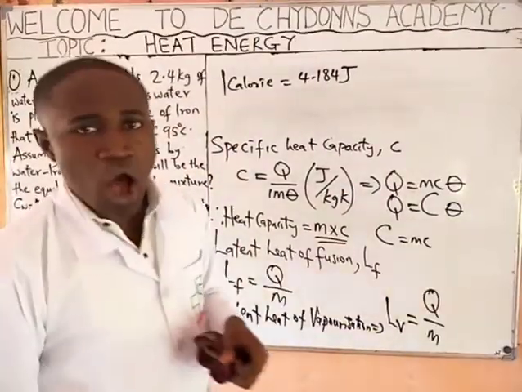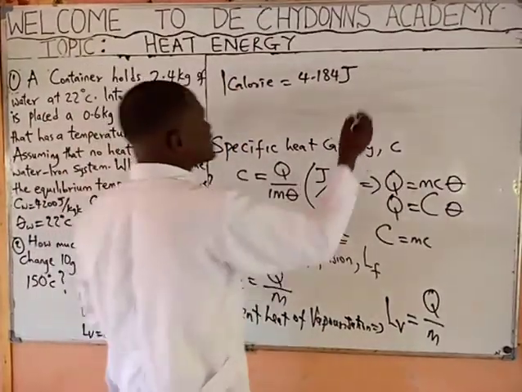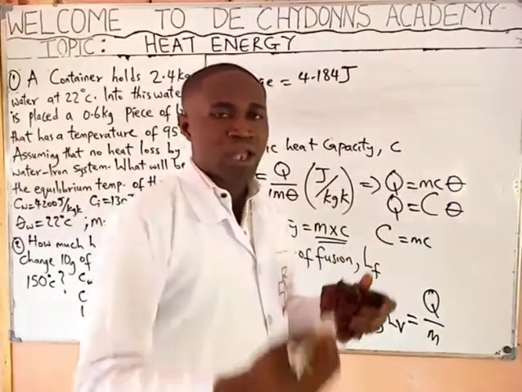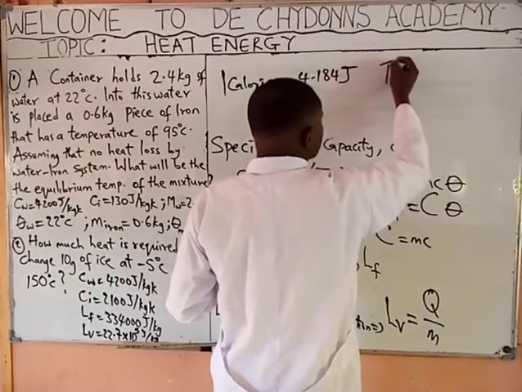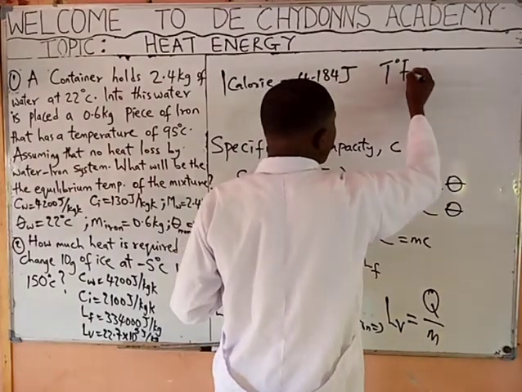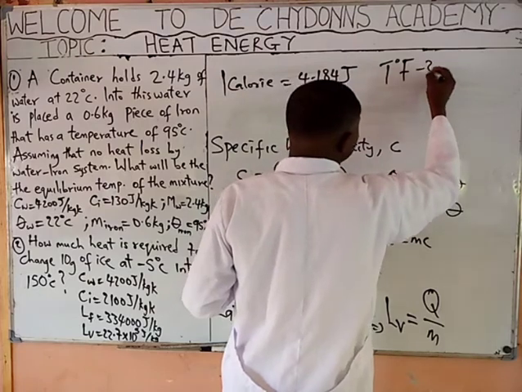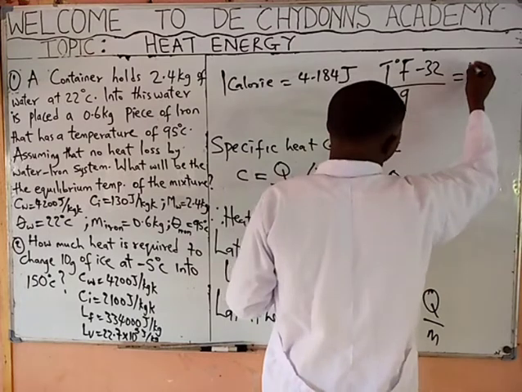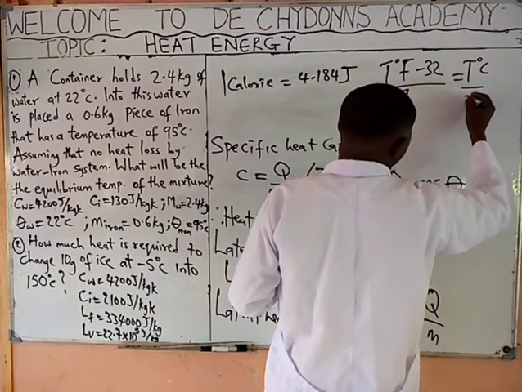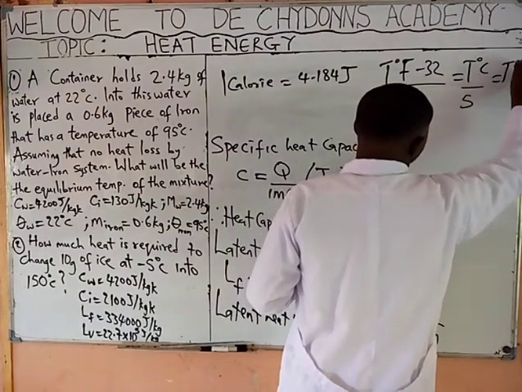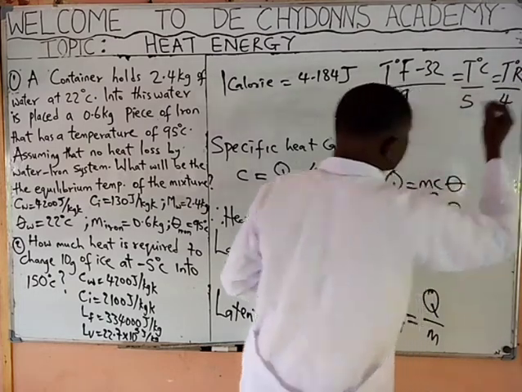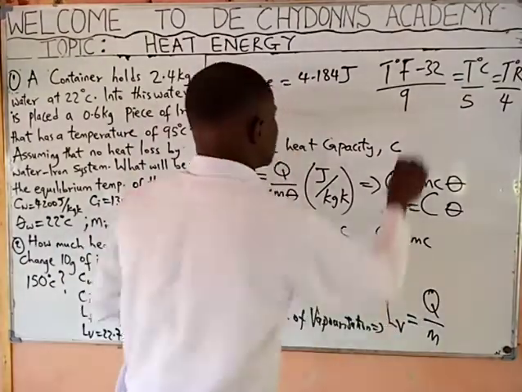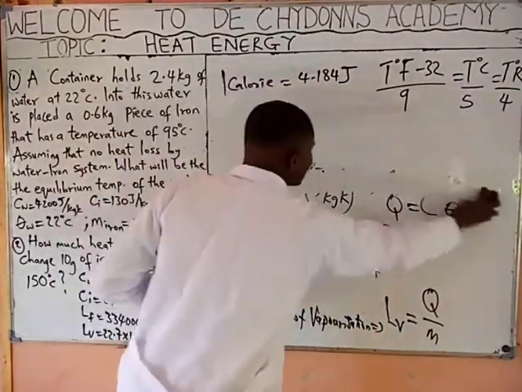Note also that if you want to convert temperature from one unit to another, look at the relationship: degree Fahrenheit minus 32 all over 9 equals degree Celsius all over 5 equals degree Reaumur all over 4. This simply means that if they say convert